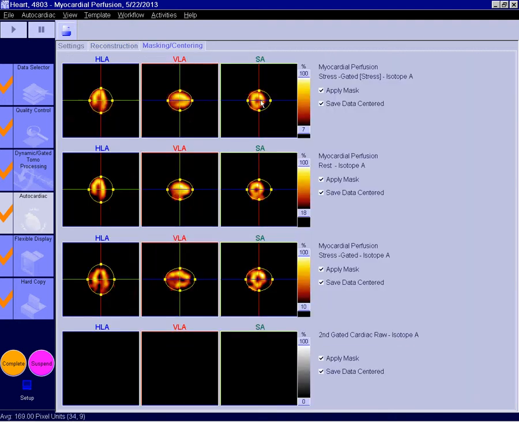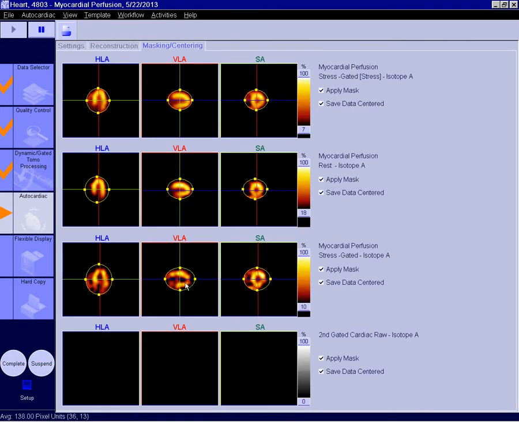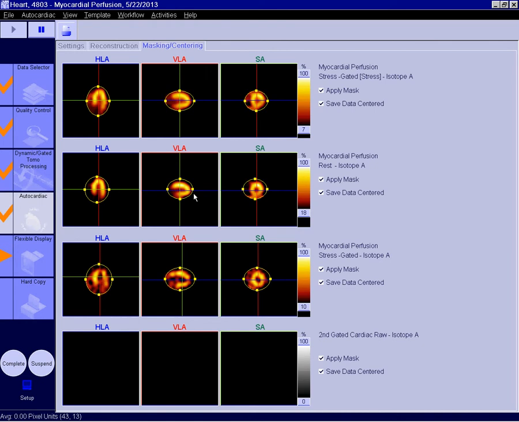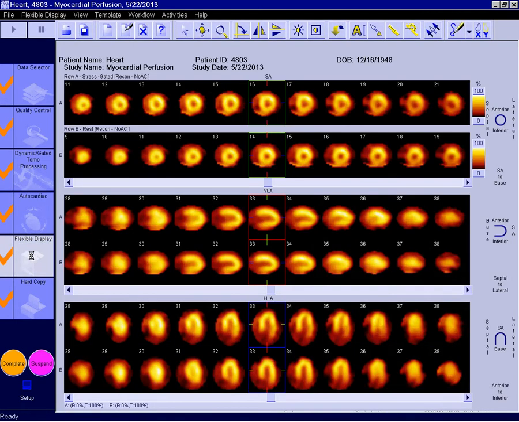Now when we go to masking and centering, it's kind of like your fine-tuning compared to your reconstruction. It allows you to zoom in on that area that we've been trying to draw a nice tight region around. You want to put your crosshairs right in the middle of the left ventricle. So now that we have this masking and centering done, when we go to flexible display,